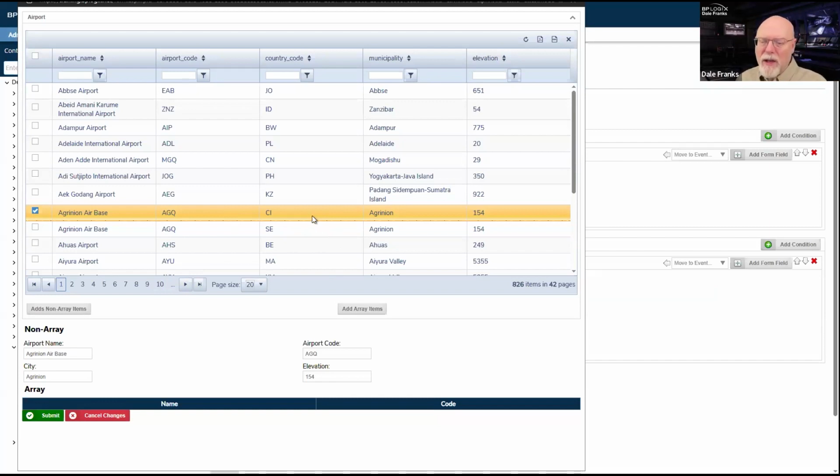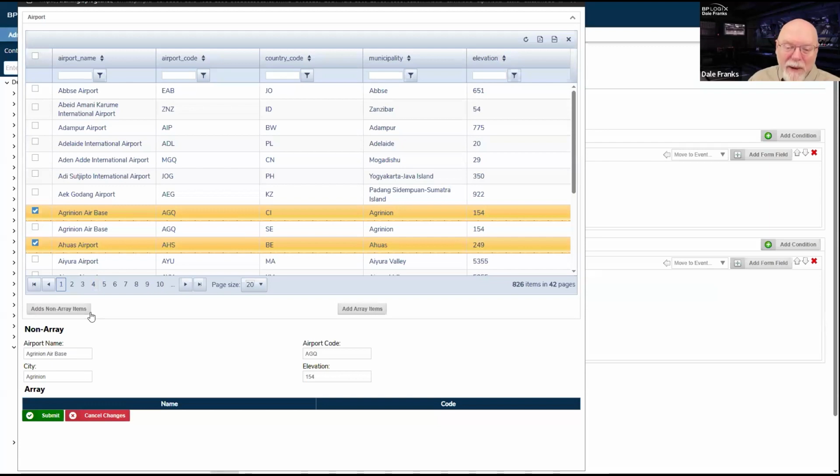I think we're actually looking into being able to double click on a cell and having it automatically just get stuck into a form field. But something to be aware of: if I select multiple rows in the data list, it is going to throw them into a comma separated list in non-array fields. Now for arrays, of course, it's going to work differently.